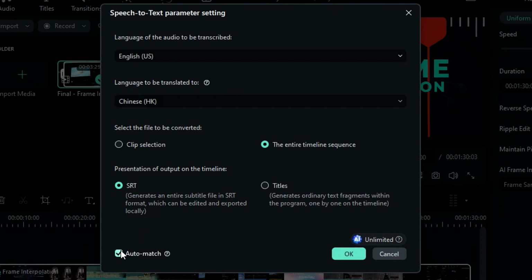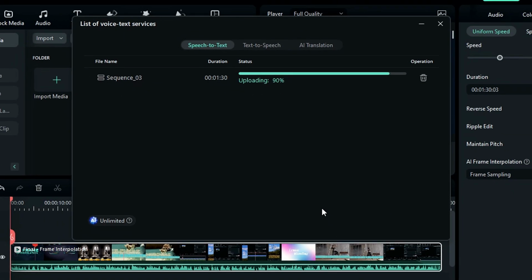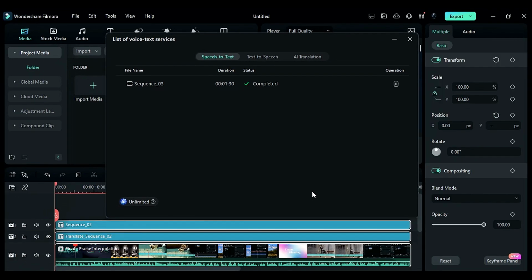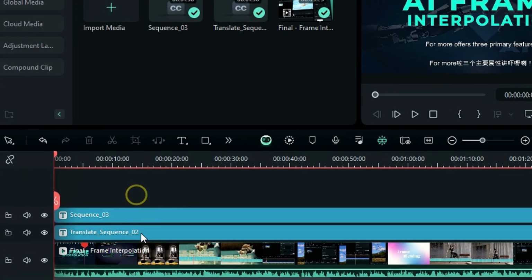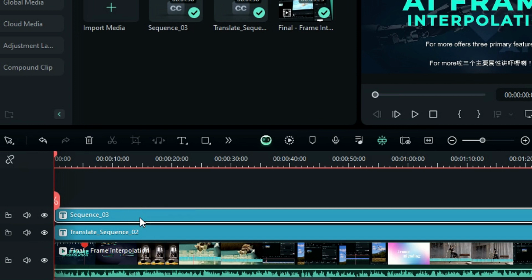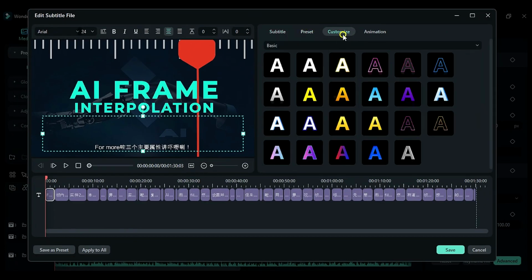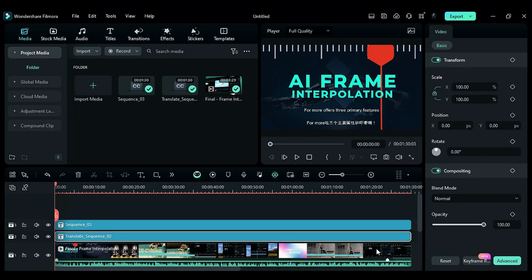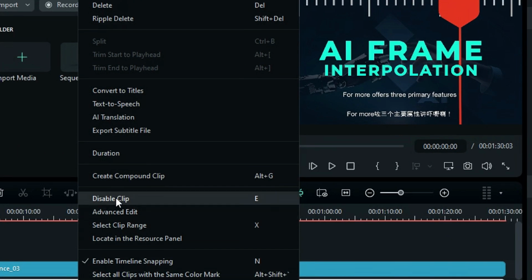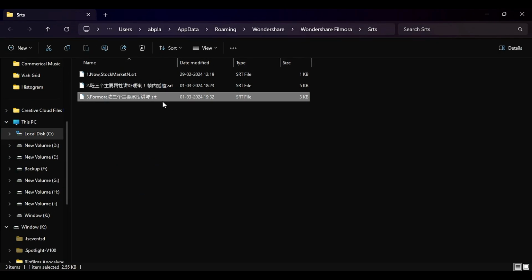Now, make sure your auto match switch is on, then click OK, and a progress screen will pop up. Once the translation is done, close this window, and you will notice two SRT tracks. The first one is the original language, and the second one is the translated language. Now to edit your subtitles, double-click on them and modify them accordingly. Then, to export the SRT title, right-click on it and select Export Subtitle File, and it'll open the exported location